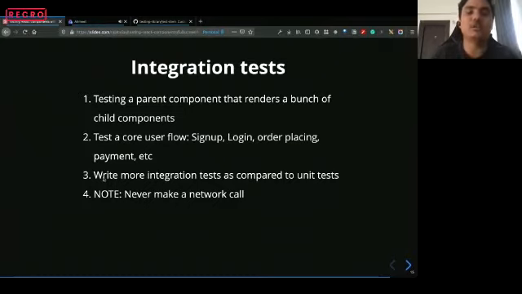When you're making an actual network call, that becomes an end-to-end test case that actually tests your backend and your front end both at the same time. But we are more focused on integration test cases. One important thing to note about integration test cases is when creating a testing strategy for your application, always write more integration test cases as compared to unit test cases,